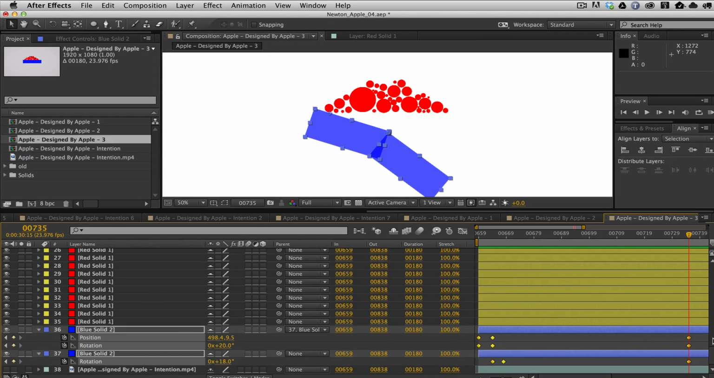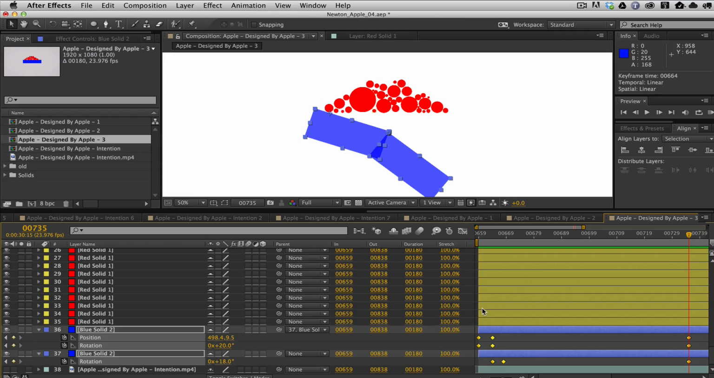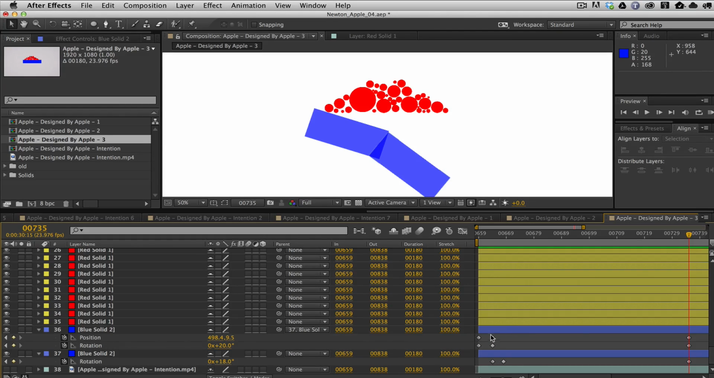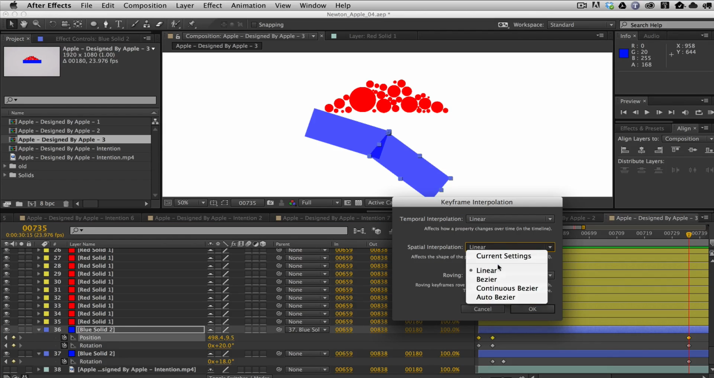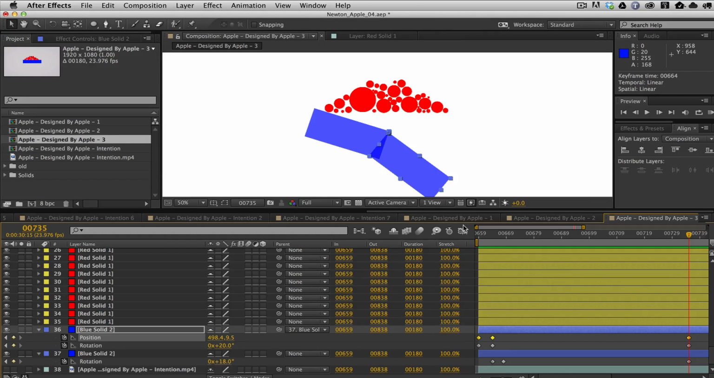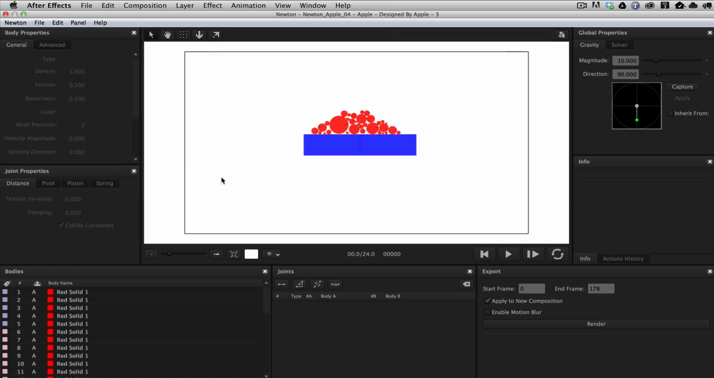And again, you want to make sure that, you can't see this, but I'm right clicking here, I'm saying keyframe interpolation, and I want spatial interpolation to be, oh, it's not letting me set it because of rotation. You want your position to be keyframe interpolation. You want position to be linear. Okay, this is very important. All right, so once I verify that that's linear, now I'm going to go back into Newton,